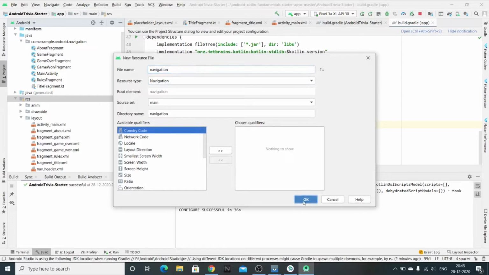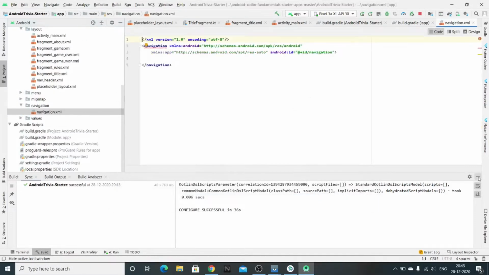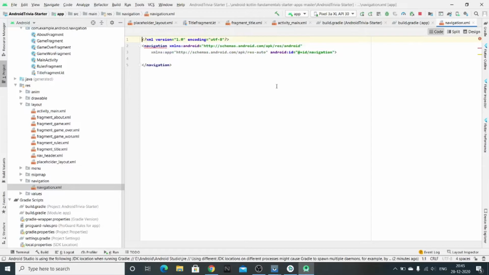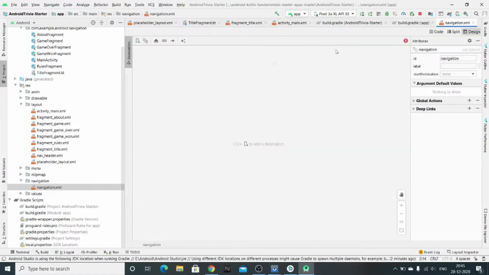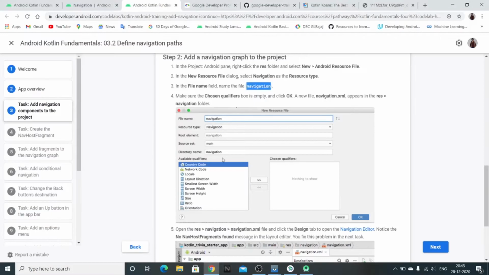Okay, so it's just syncing this file. Let's get to the design part, and here you can see nothing, but we have an error, so we will just resolve it as we go on with the lab.